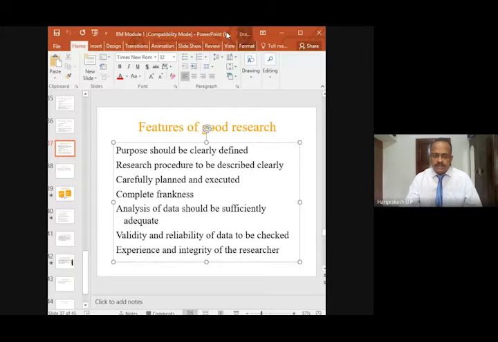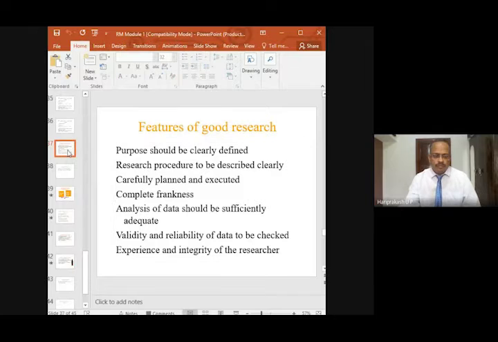You are able to see the slide. Okay, so now